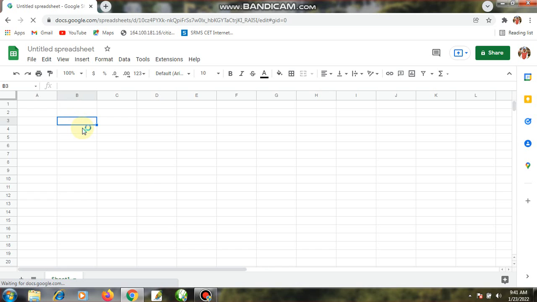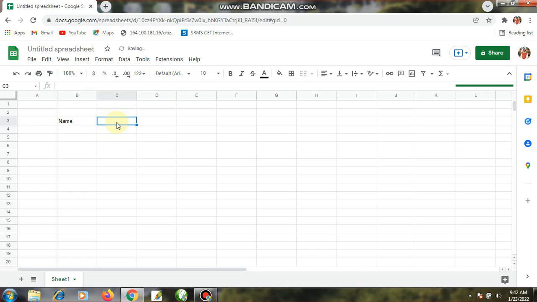The added advantage that I am telling you is that it can be used as a collaboration tool. It can be used by the author alone, and it can be used for collaboration with your colleagues and with your friends also. If you have to collect any data simultaneously from a number of friends and colleagues, then this Google Sheet is very helpful. So let us see, for example, I am writing here name, and I am writing here,